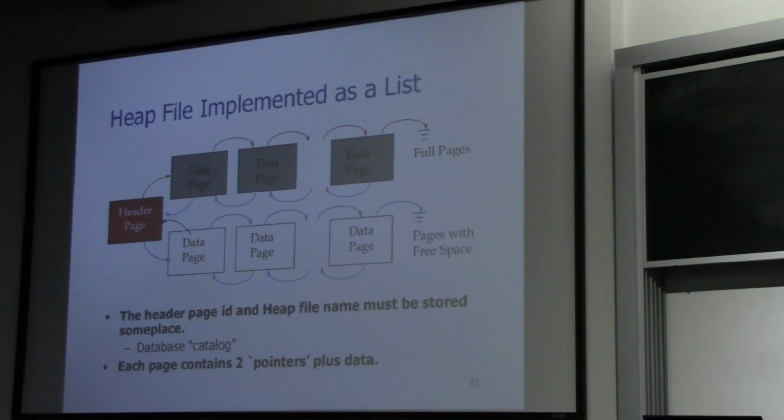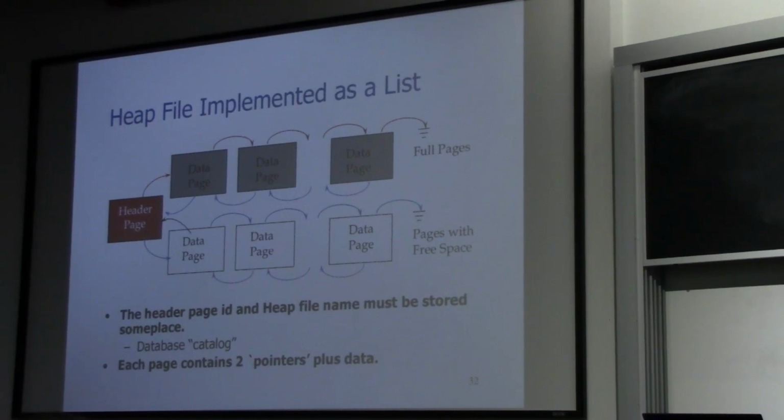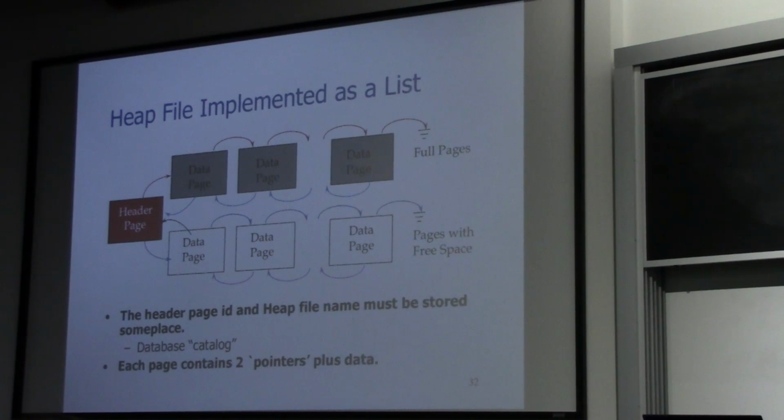So what's the benefit and the disadvantage of this particular approach? One benefit is clear: the overhead of this approach is minimal, overhead in terms of storage. The only additional page you have introduced is the header page itself. All the other pages you need anyway, because in order to store that many records, you need that many pages. There's no getting around that. So there's no overhead in those two lists. The only overhead you have is that header page. Does that make sense?